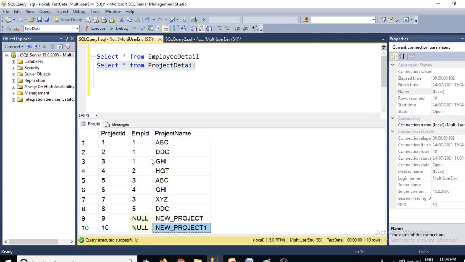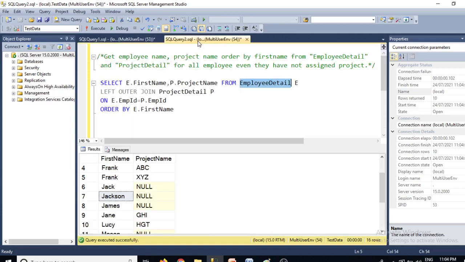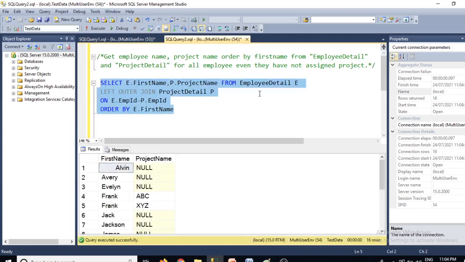So that's why 13 plus 2 rows for employee ID 1, these two projects DDC and GHI, and one record from here, this XYZ. So 13 plus 2, 15 and 16. So that's why we got 16 records when we write this left outer join query.